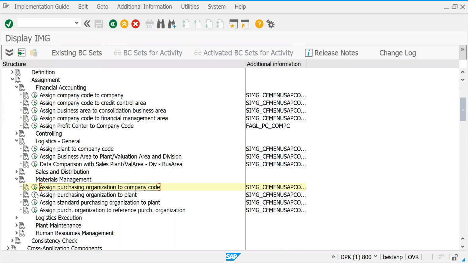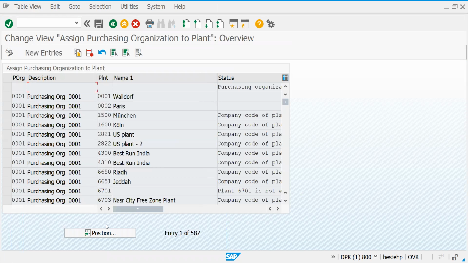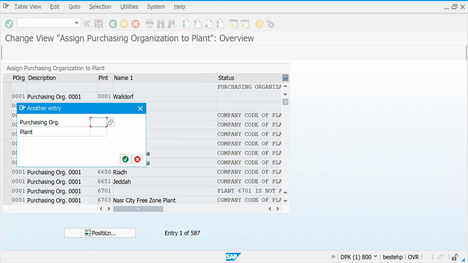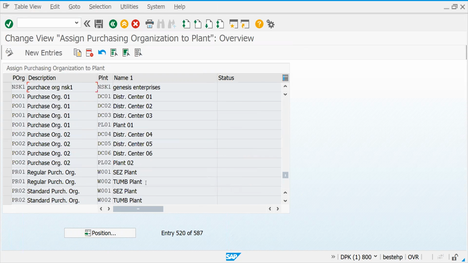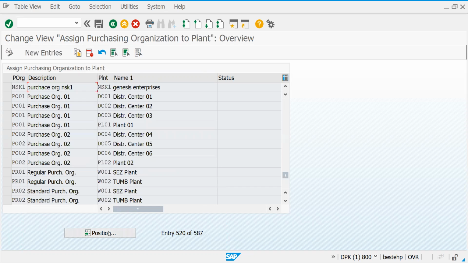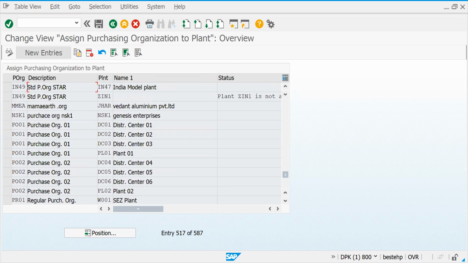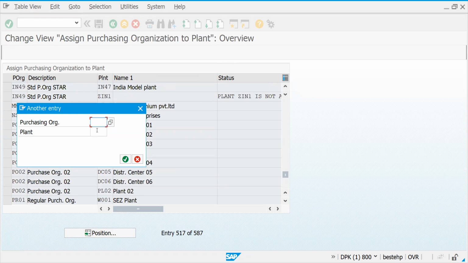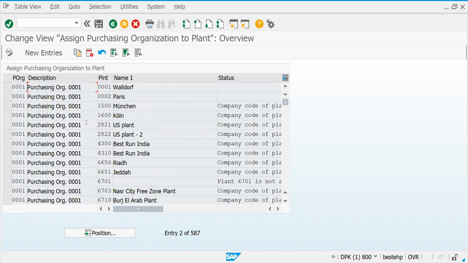Assign purchase organization to plant. This is important. Here, position this purchase organization, NM08, and the plant.